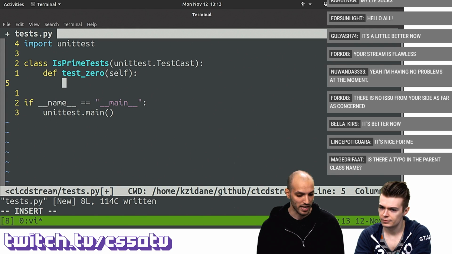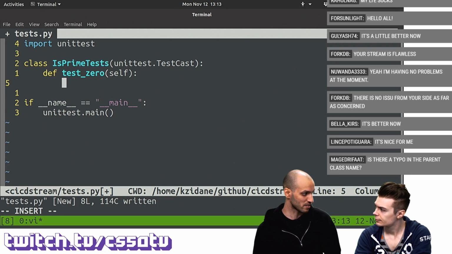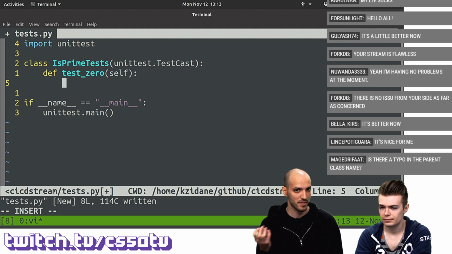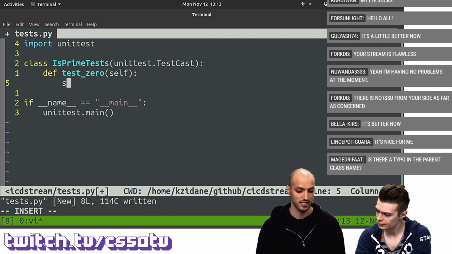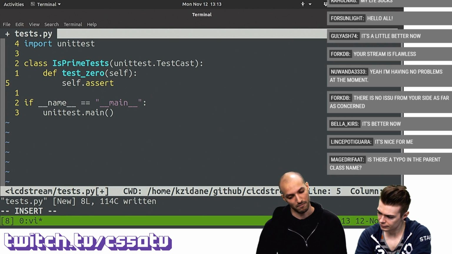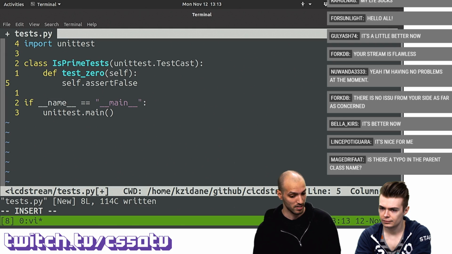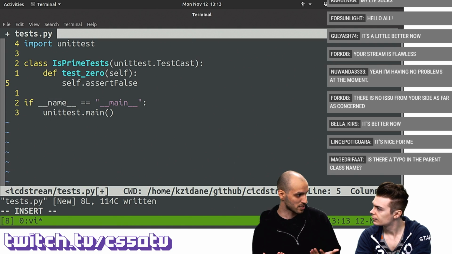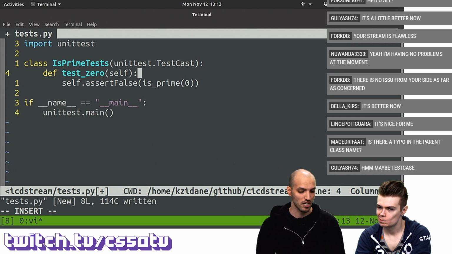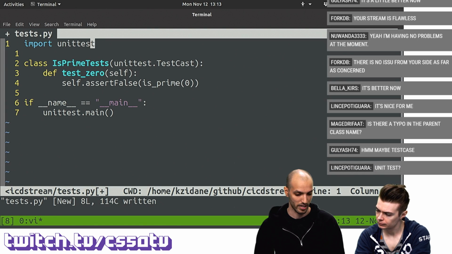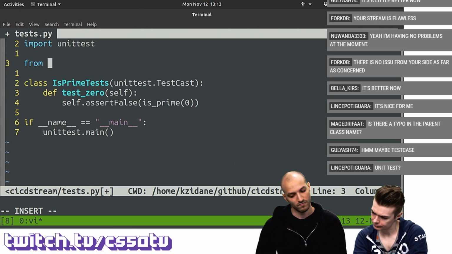It turns out that UnitTest has a bunch of built-in functions that we could use for testing our stuff. We could use certain functions to test if something is equal to something else, or if something is true, or if something is false, and so on. In this case, we're going to say self.assertFalse, because we expect that 0, when passed to isPrime, returns false. So we're going to assert false of isPrime(0). Now, isPrime is not defined anywhere here, so I'm going to import it like I did before. I'm going to do from mymathlib